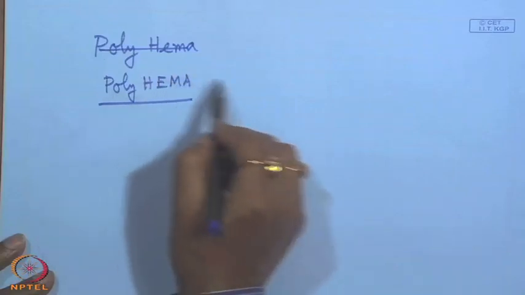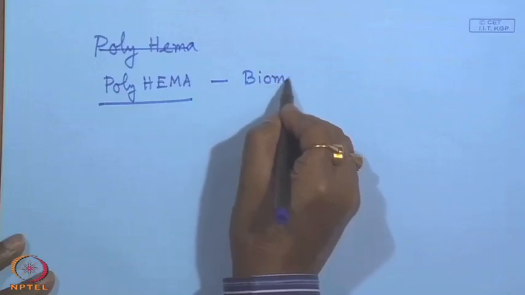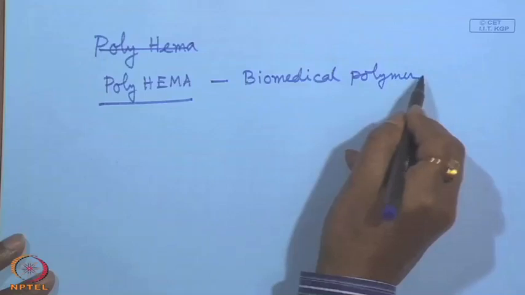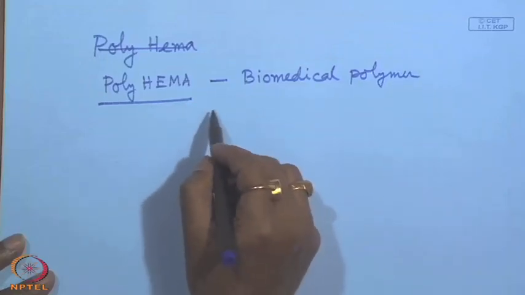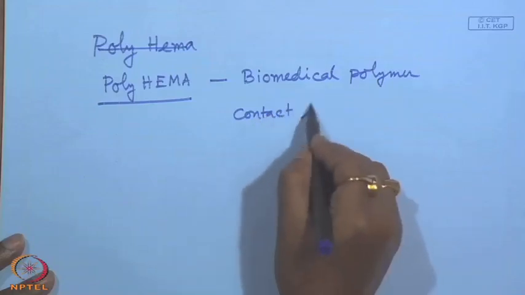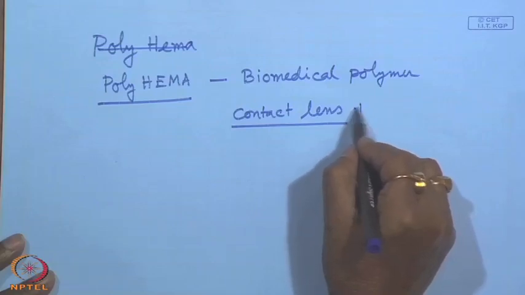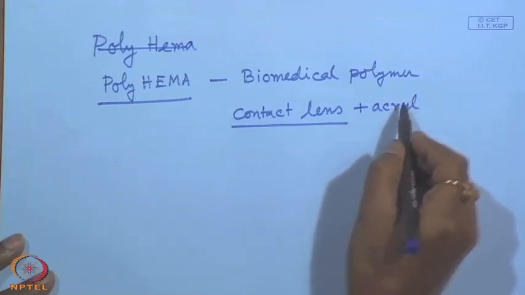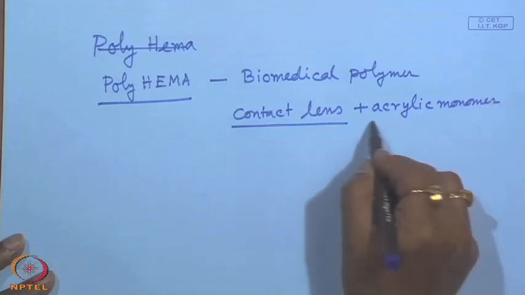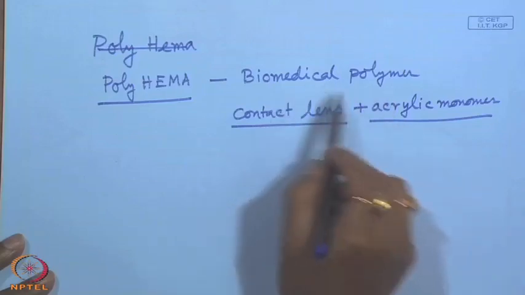This polyHEMA is a very good biomedical polymer. This is used to make contact lens along with other acrylic monomer. So, a copolymer of some other acrylic monomer and this polyHEMA